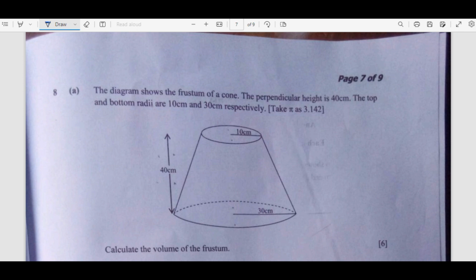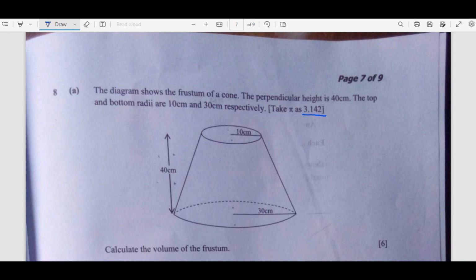In this lesson, we want to revise question 8, which was written under GCE external candidates for 2023. This is paper 2. When you look at the question, the diagram shows the frustum of a cone. The perpendicular height is 40 centimeters. The top and bottom radii are 10 centimeters and 30 centimeters respectively. So take pi to be